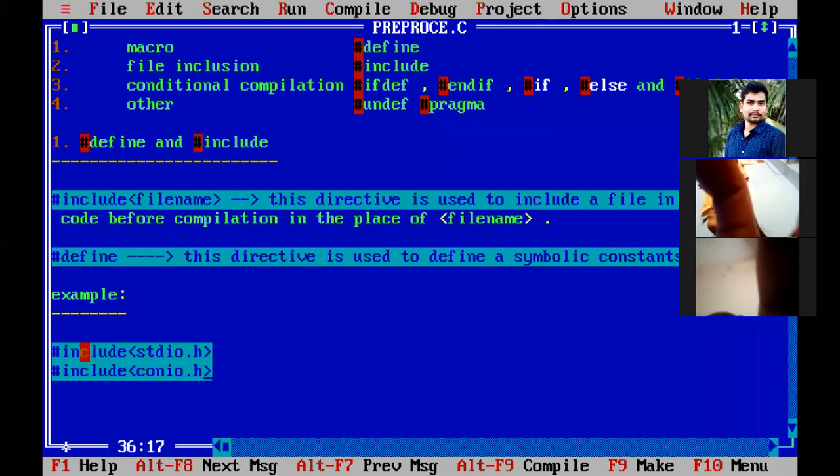So what do you understand? The commands written with hash symbols are called preprocessor directives, and they are processed by the preprocessor before the compilation